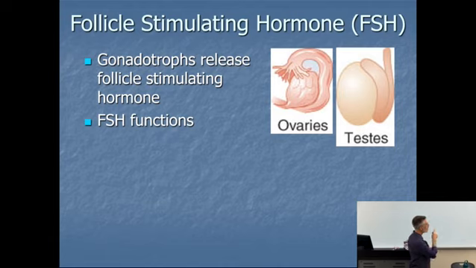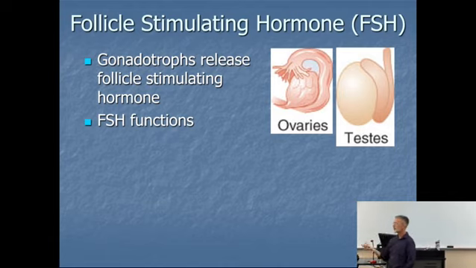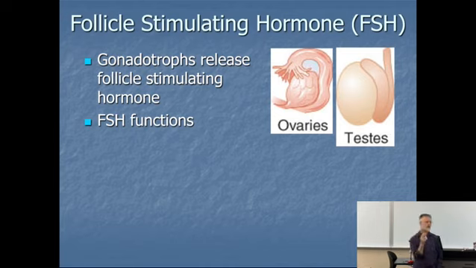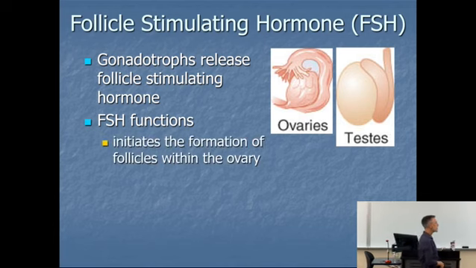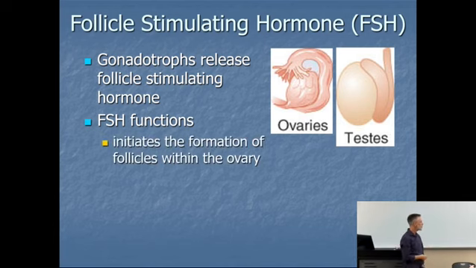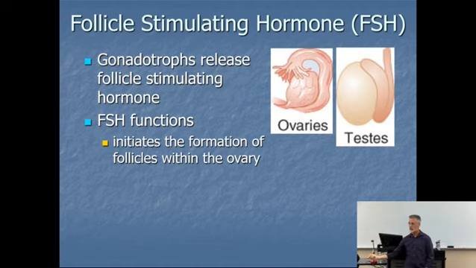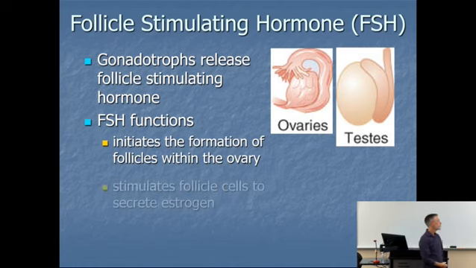And so in the ovaries, remember we have the oocyte that is surrounded by some cells that are called follicular cells. And together, follicular cells plus the egg or oocyte gives us a follicle. And so this hormone stimulates the formation of and development of follicles within the ovary to get them to go from primordial to primary to secondary to mature, like we saw in lab. Okay? So that's the